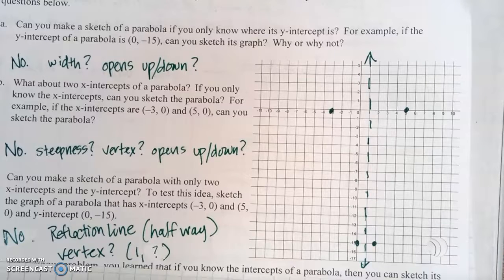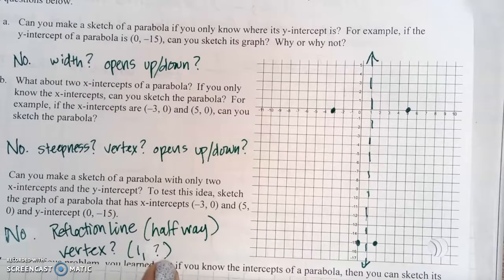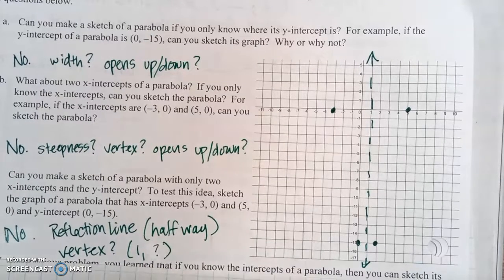It could be a decimal or a fraction in there. It could be down here. We don't know how wide that parabola is going to be. So we do know where the line of reflection's at, but we don't know where the full vertex is at. It's going to be at 1 something, but we don't know what that something is